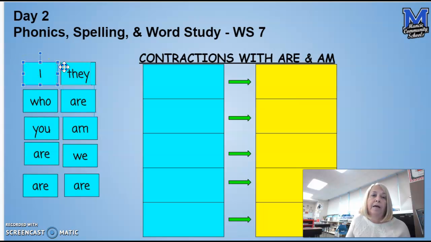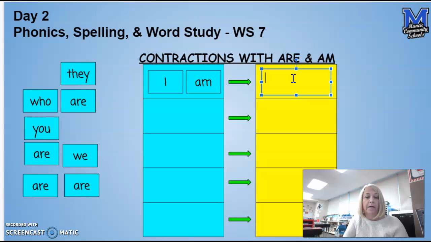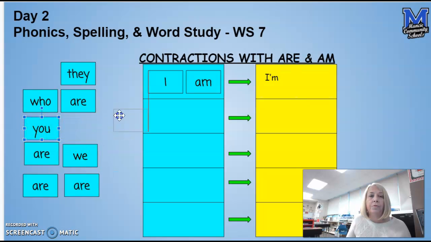I am going to drag in I and am, and then I would click in the yellow column and type in a capital I, an apostrophe, and an M for the contraction I'm. One more example, I would drag in U